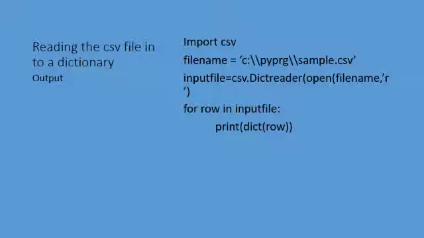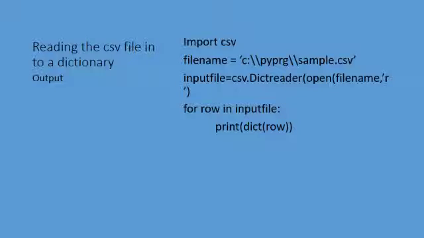The same thing there you have given csv.reader. Here you are giving csv.DictReader. That's all. So csv.DictReader and you are opening the file name. Instead of giving it directly, I am assigning the file to a variable. That variable I am referring to in the next place. In which mode? Read mode.